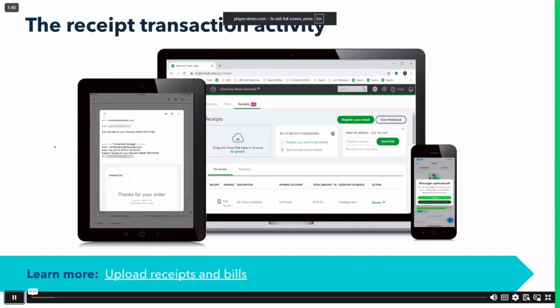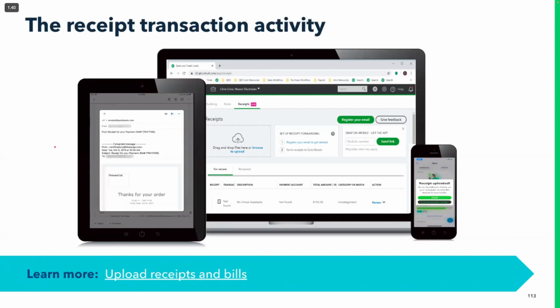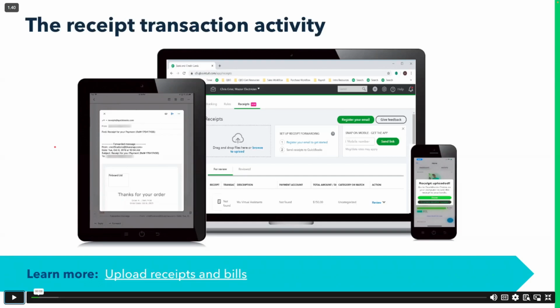The receipt capture function in your QuickBooks Online product is a really handy way to keep track and keep both your receipts and your transactions all together so that anytime you're looking for something, it's going to be at your fingertips. Now, what I want to share with you is that receipt capture is